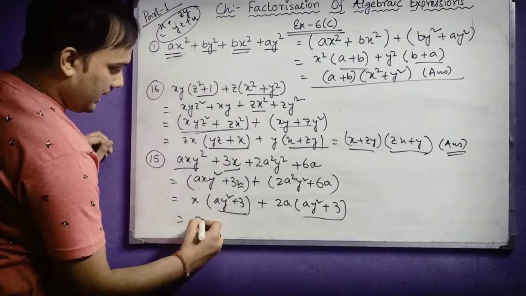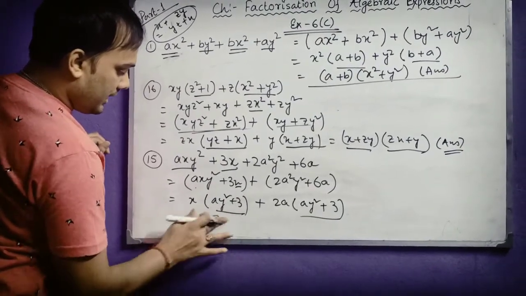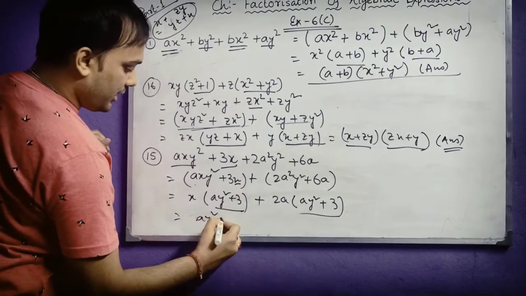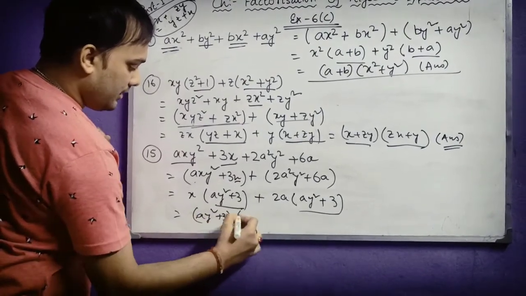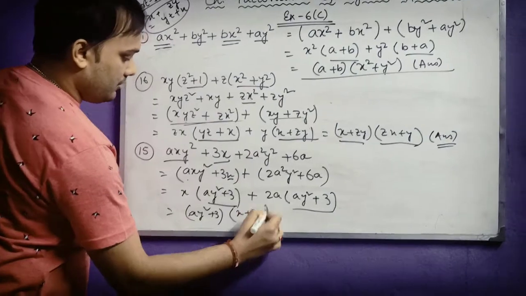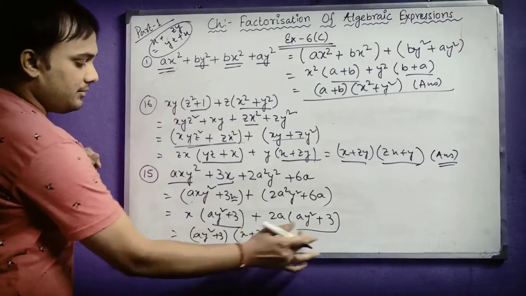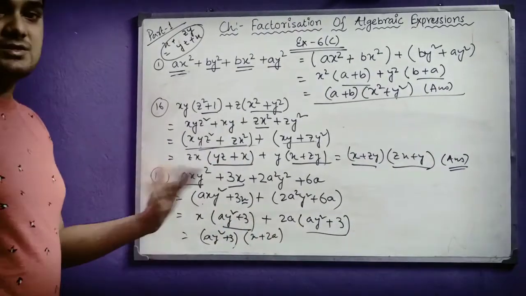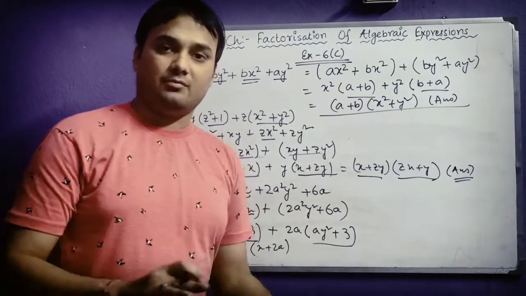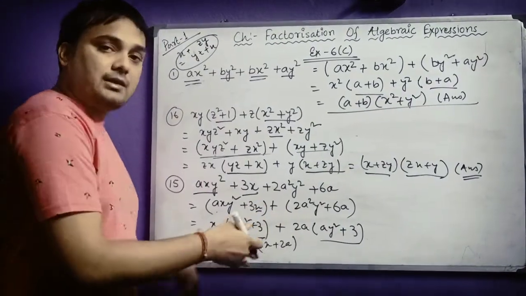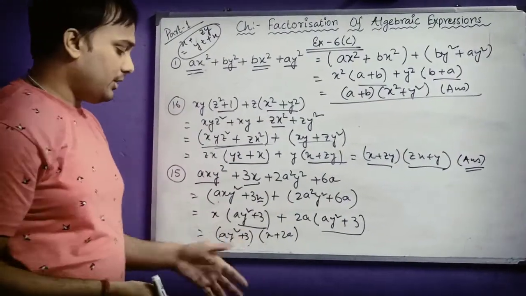So it will be x plus 2a. Or you can write the bracket part first; it doesn't matter, the bracket part you can write later also. It doesn't matter if you write this one first or this one later. Both are the same because 3 fives are 15, 5 threes are 15. Both are the same only. Here also the bracket order may vary. Okay, no issue with that.